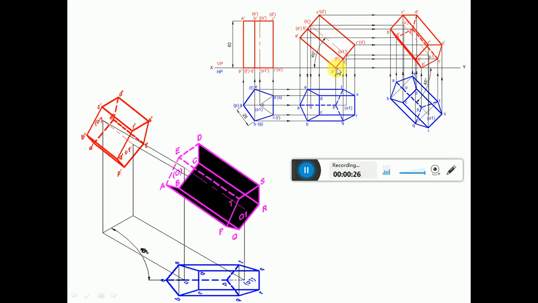Since the pentagonal prism is resting on one of the base corners such that the two base edges containing the corner make equal inclination, that is, it is resting on P dash, which is on the XY line, obviously that has to rest on HP. So which are the two base edges containing the corner? P dash Q dash and P dash T dash. So that PQ and PT make equal inclinations. You can see that equal inclination on this side and also on this side with respect to that vertical projector.